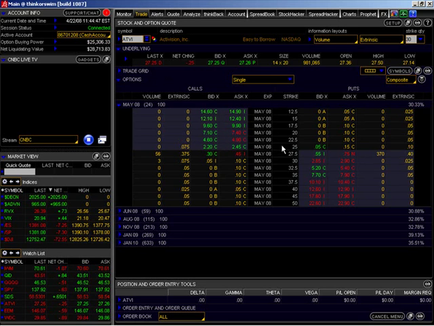The closer you get to the at the money, or the actual strike price of the stock, you can see that there is in fact some extrinsic value left. There is some time value left in that option, and that time value is basically saying that, hey, we do have 3 or 4 weeks before expiration, so the price of the option may actually increase to the point where it might be further in the money.